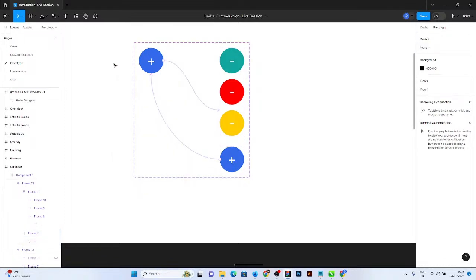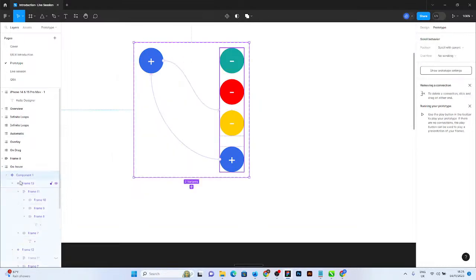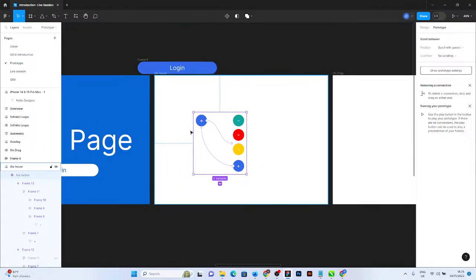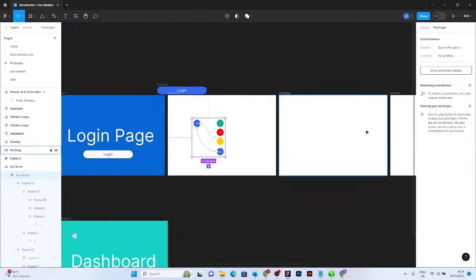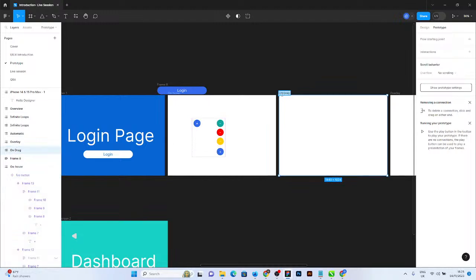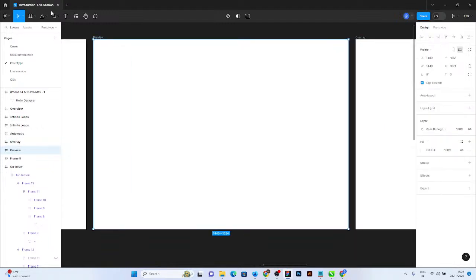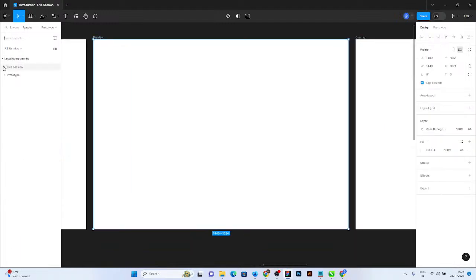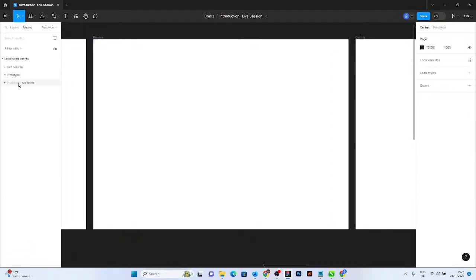Okay, we are using on click to drive it. So I'm just going to call this far button. To preview my animation, let me call this preview. To preview my animation, I'm going to drag in that component. So let's go back to the design tab and go to asset. And under asset, we are going to see our component right there. This is it. Okay. So with this now, if I go to present,